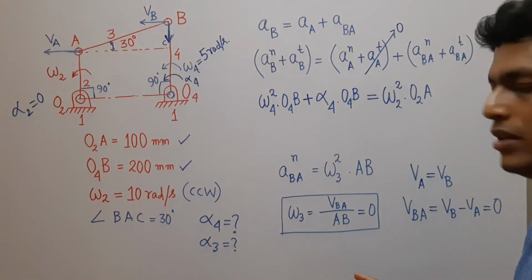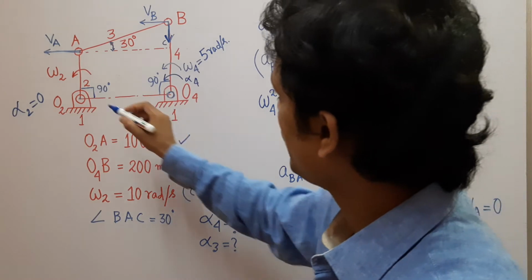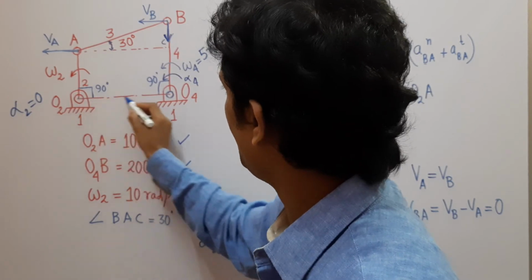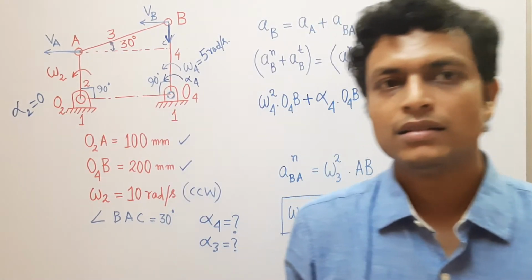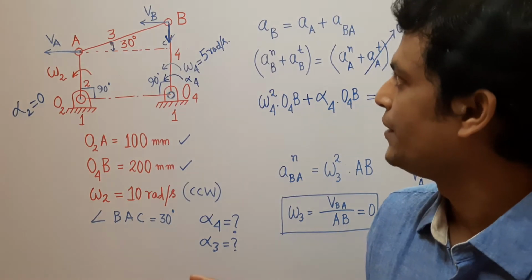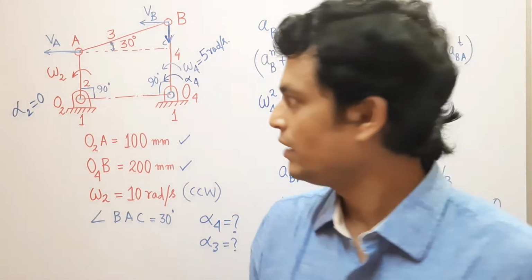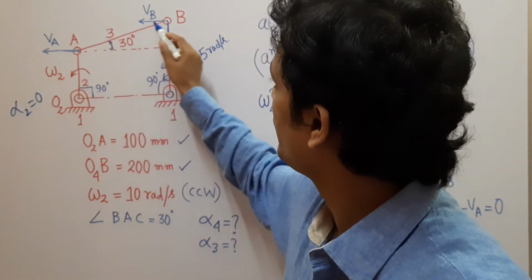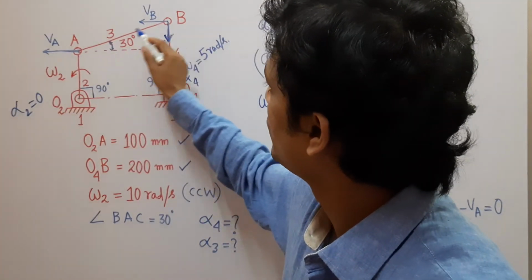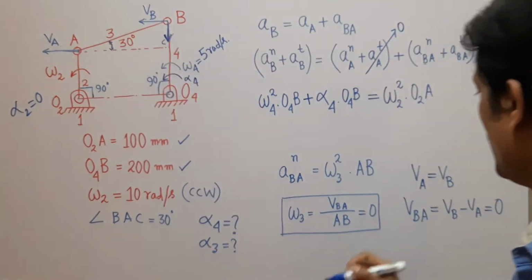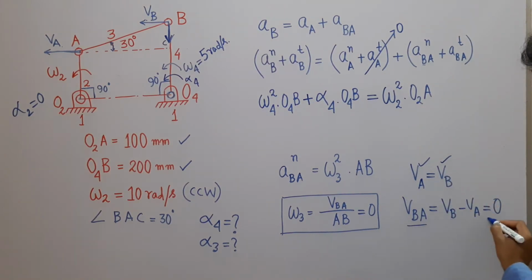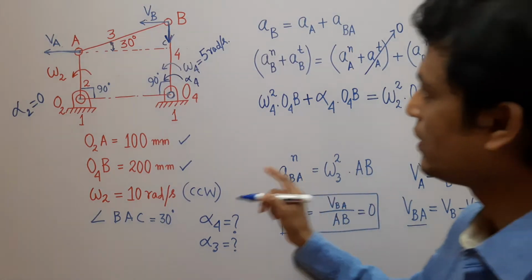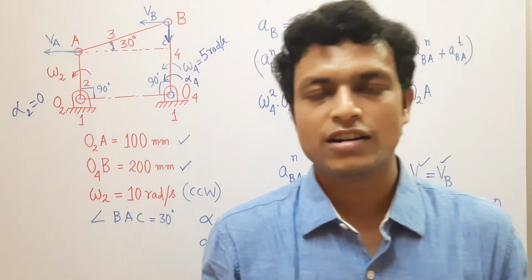And we had a note in velocity analysis that for a four-bar linkage, when the crank and follower both are perpendicular to the fixed link, then the angular speed of the connecting rod is 0. Why? Because VB and VA will be in same direction at this instant. Both have same velocity component along AB. So by this we will get VA equal to VB. When VA equal to VB, VBA is 0. If VBA is 0, then omega 3 becomes 0. So the connecting rod at this instant is in pure translation.